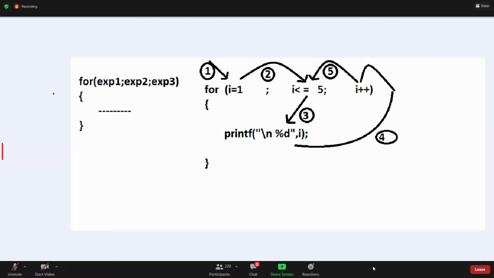Expression 1, expression 2, expression 3 are optional. In while, expression 1 and expression 3 are optional, but expression 2 is mandatory. What is the meaning of that?